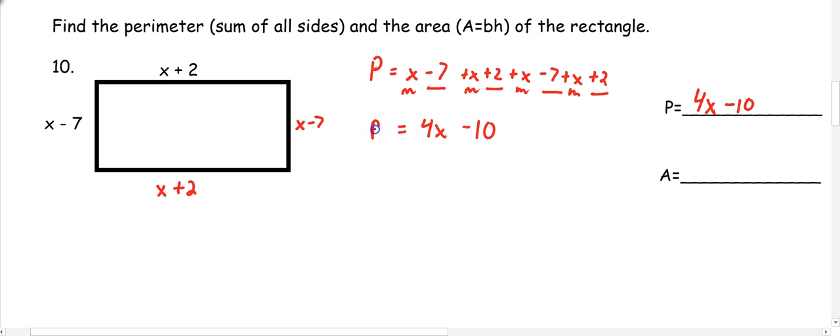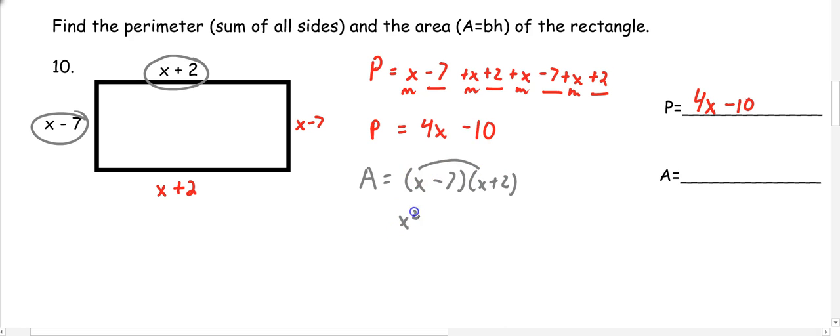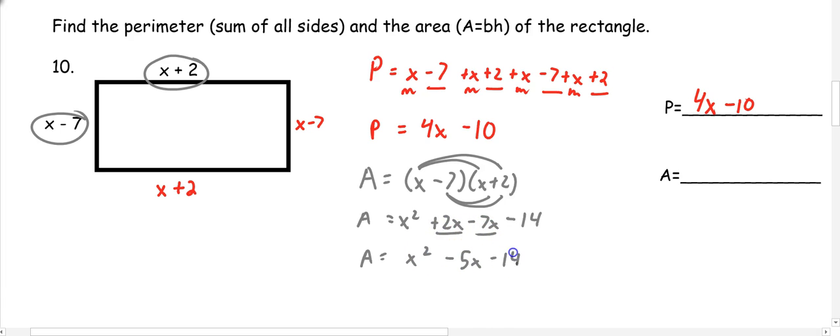Now, when I go to find area, I'm just doing base times height. So for area, I'm just using the 2 sides that were typed on the page. And I'm going to multiply them together. So x minus 7 times x plus 2. I need to distribute. So x times x is x squared. x times 2 is 2x. Negative 7 times x is negative 7x. And negative 7 times 2 is negative 14. Now I can combine those x terms in the middle together, and I get x squared minus 5x minus 14,